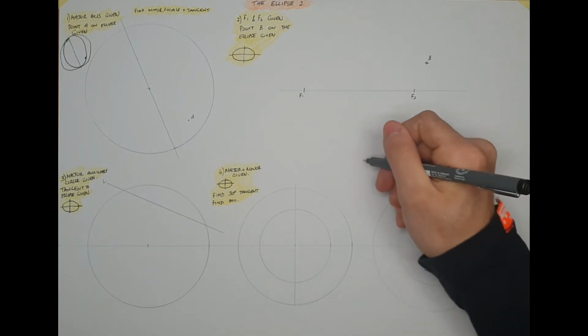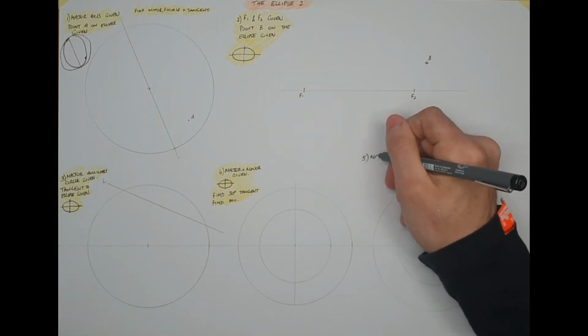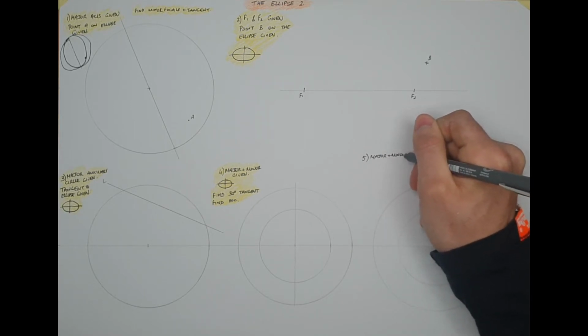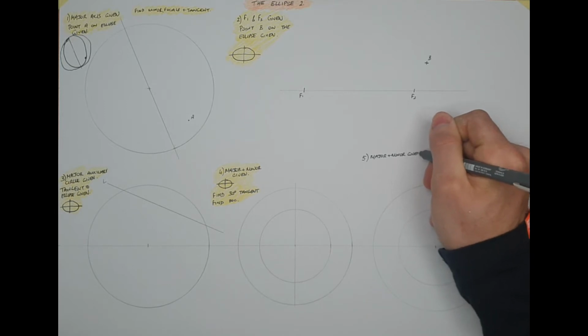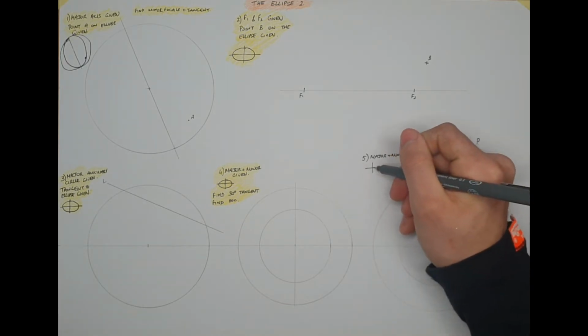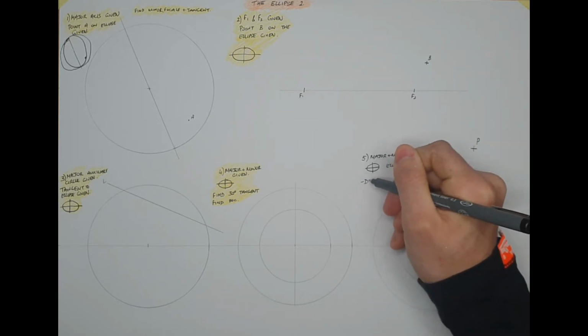Okay, so question 5. Major and minor given. So major and minor are given, and the point P is outside the curve. It is not associated at all with the ellipse. The type of ellipse we're going to draw is a horizontal ellipse again, and we're going to do 2 things. We're going to draw the ellipse,